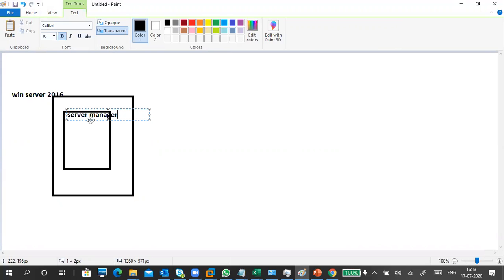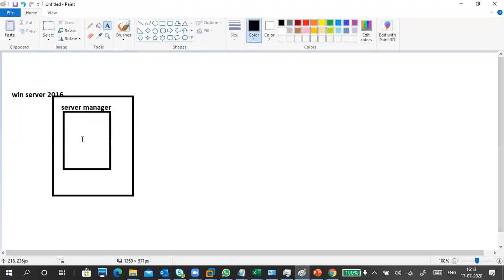You want to install any roles or anything? Okay, so I put a heading like this, server manager. You want to do something on this PC, like install certain roles, or maintain this server, add something, maintain storage-related or service-related things. Once you install a particular service, you want to manage the related things for this server.